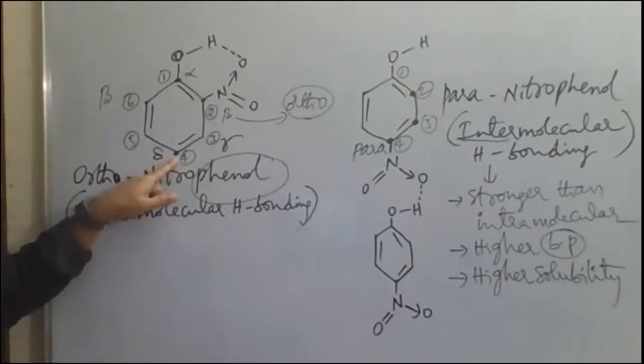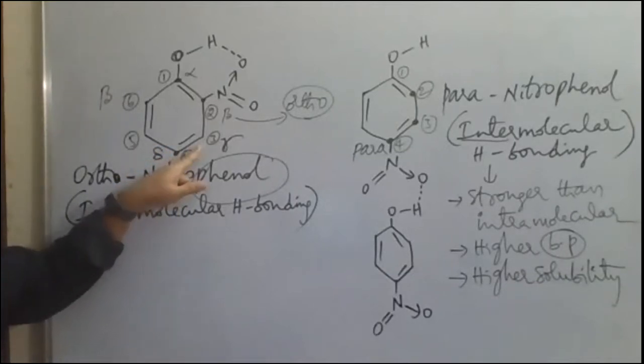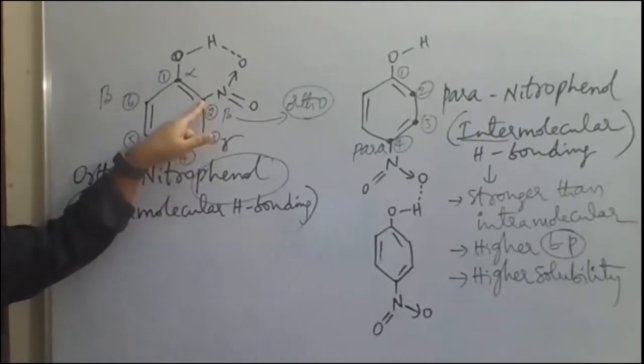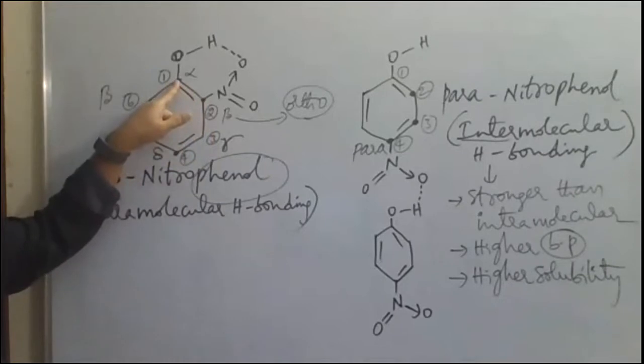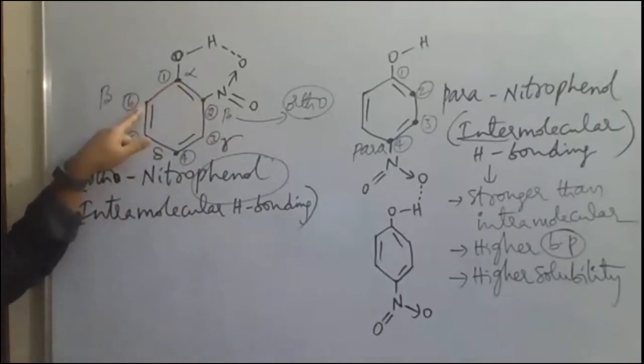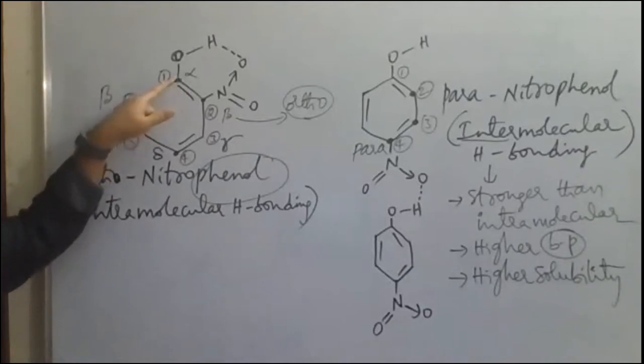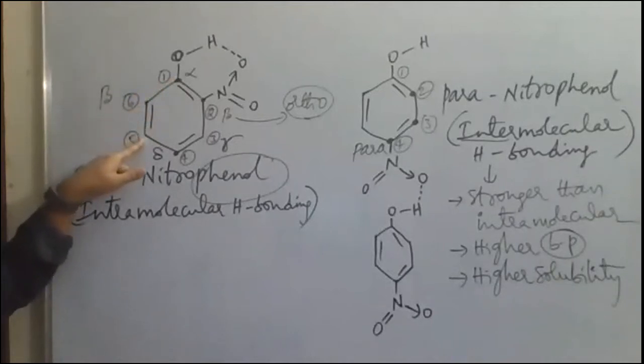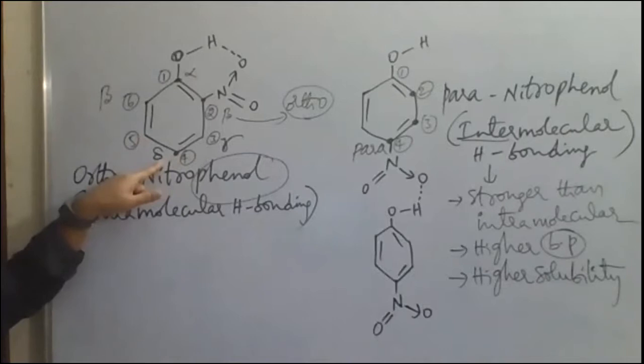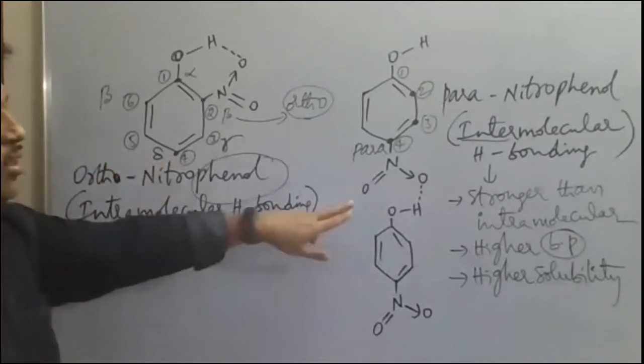The delta indicates the carbon which is directly attached to the gamma carbon. The gamma carbon is directly attached to the beta carbon, and the beta carbon is directly attached to the alpha carbon. This one is also directly attached to the alpha carbon, so that is again a beta carbon. This one is attached to the beta carbon, so it is the gamma carbon. To the gamma carbon, whatever is attached is called the delta carbon. Like this we have taken.